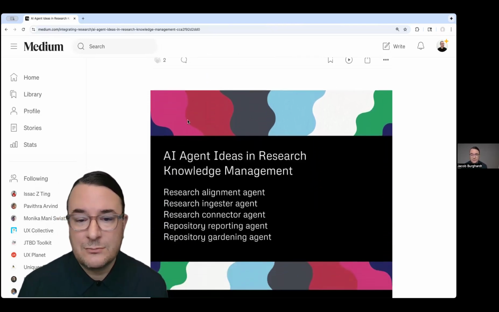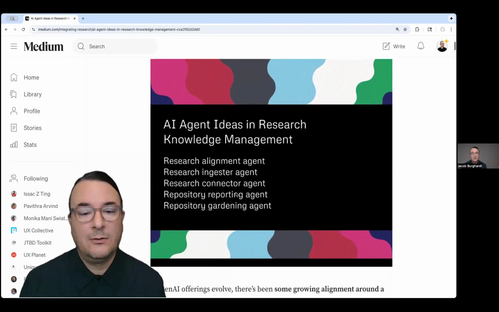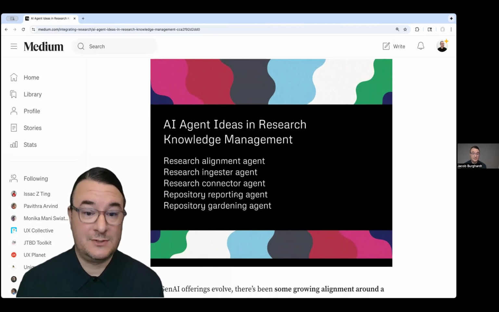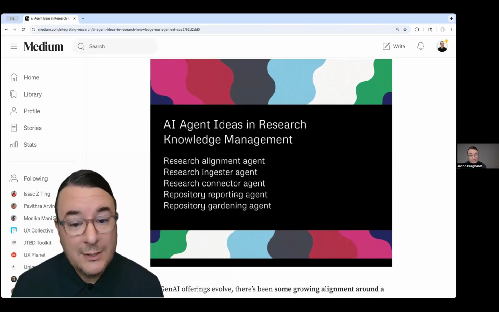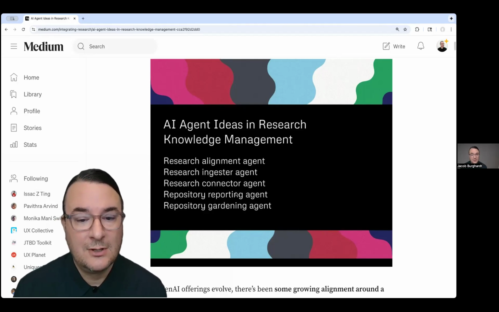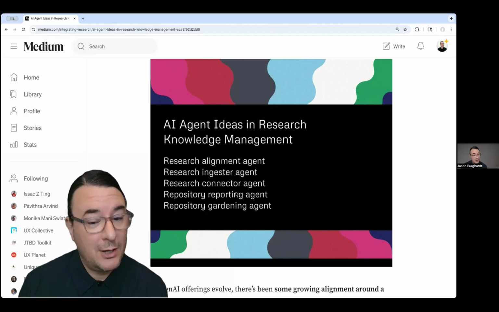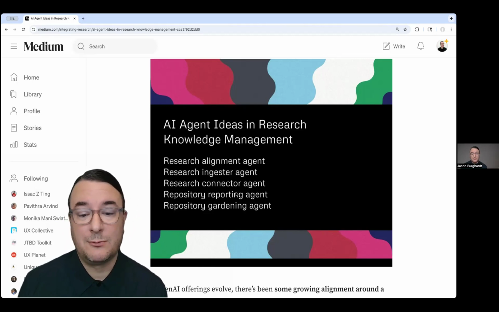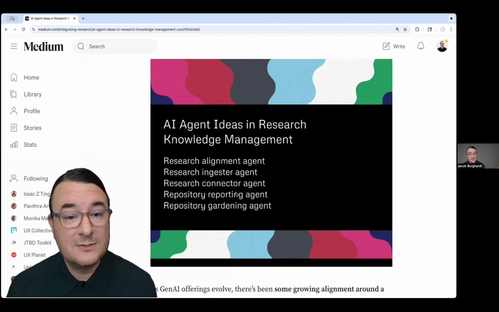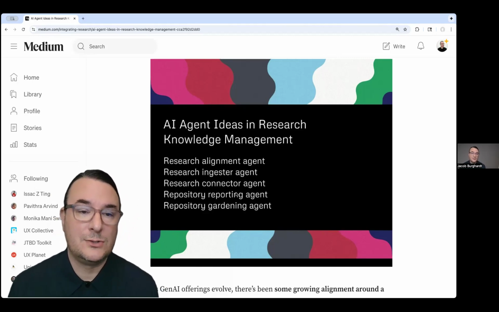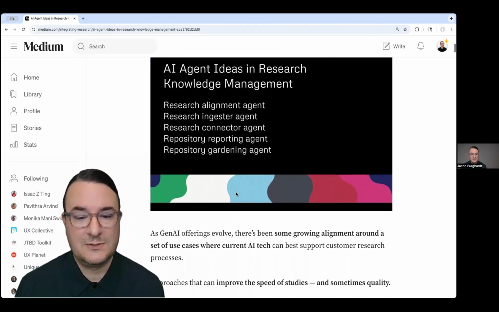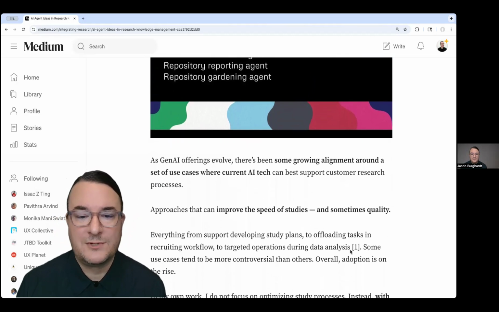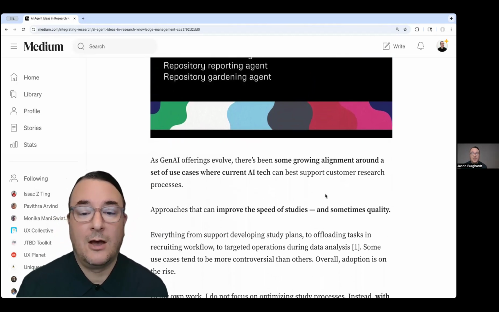And the intro image tries to bring home a lot of the ideas around these agents. It includes the title and kind of a preview of these agent names that are covered in more detail throughout the article. Research Alignment Agent, Research Ingester Agent, Research Connector Agent, Repository Reporting Agent, Repository Gardening Agent. So speaking to the fact, because this is knowledge management, that we are connecting into enduring structures for collected research in research repositories. So to read through a bit here and offer some commentary, as generative AI offerings evolve, there's